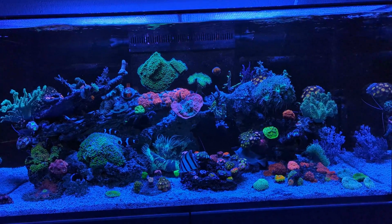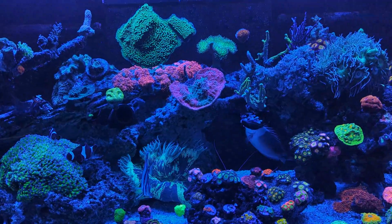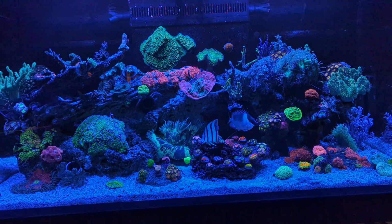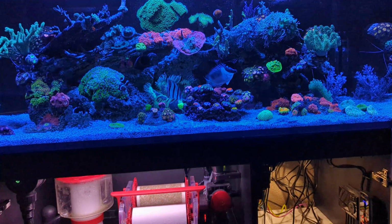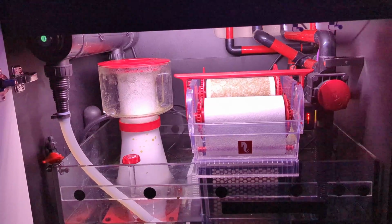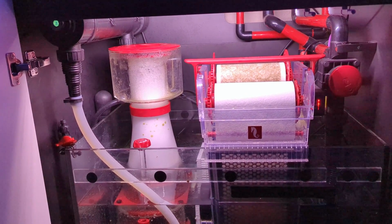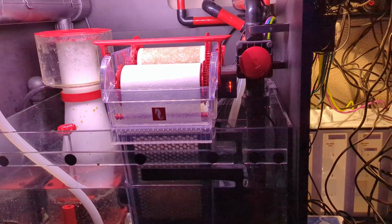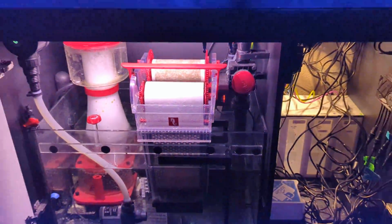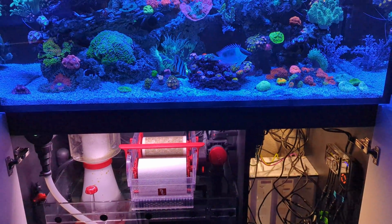But before we get into that, just a quick word on the tank maintenance. So since the tank has been running for a couple of months, I thought it would be good to give some equipment a good clean. So I cleaned out the skimmer today, which I do every few weeks. And I also cleaned the return pump, which is back here, as you can see right there. It's a Maxspect DC 6K. So it puts out 6,000 liters of